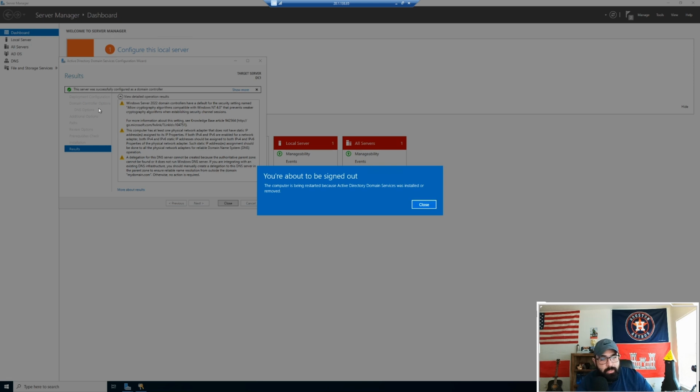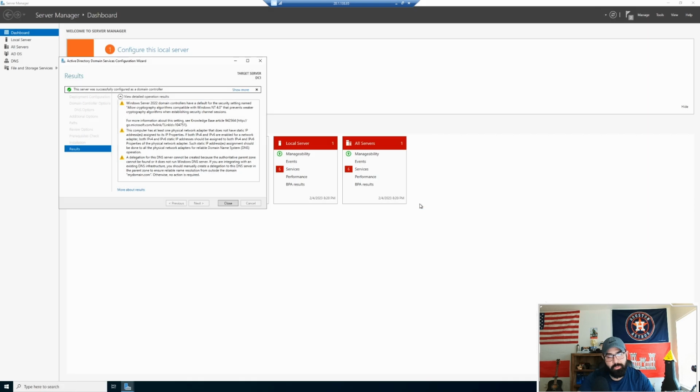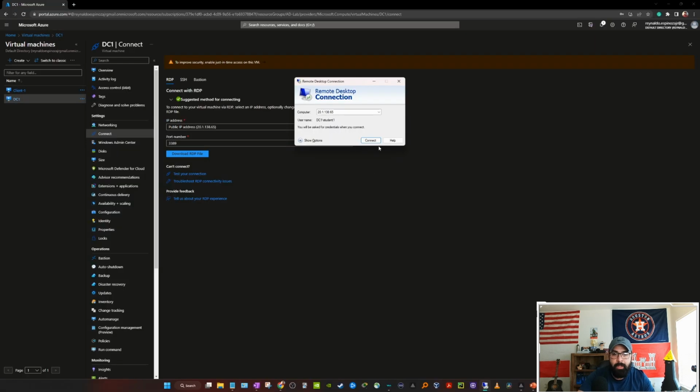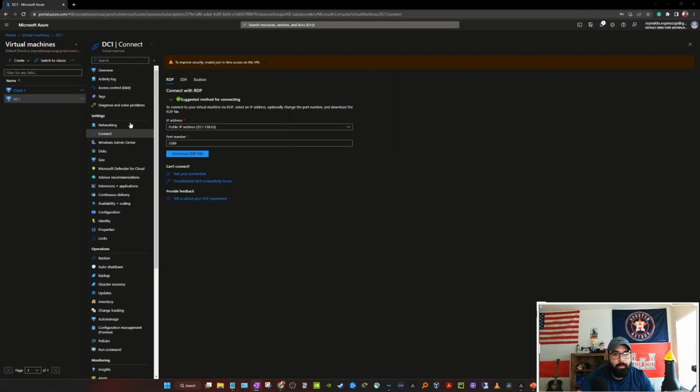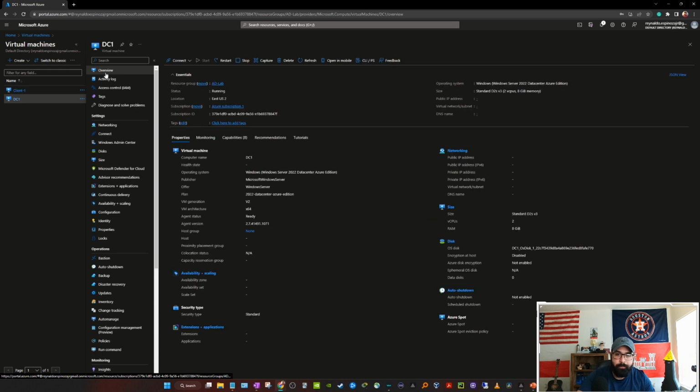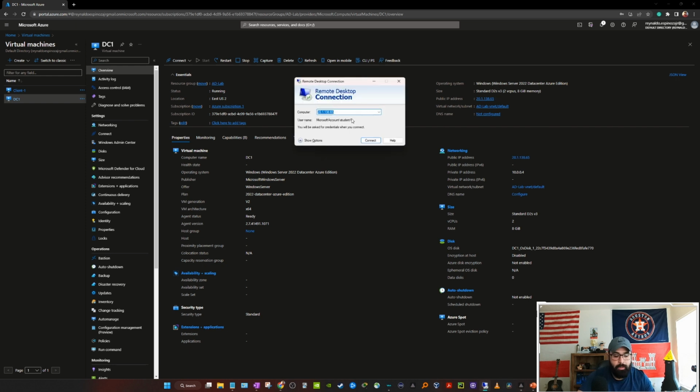Okay, you'll get this notification that says this server was successfully configured as a domain controller and you're about to be signed out. This computer is being restarted. Just hit close and just wait for this to kick you out. Select OK. We'll close this out, go back to overview, and then we're going to copy the public IP address again, go back to remote desktop,